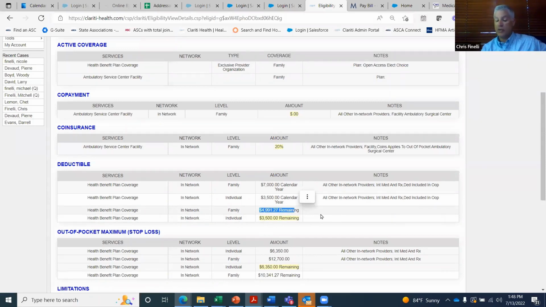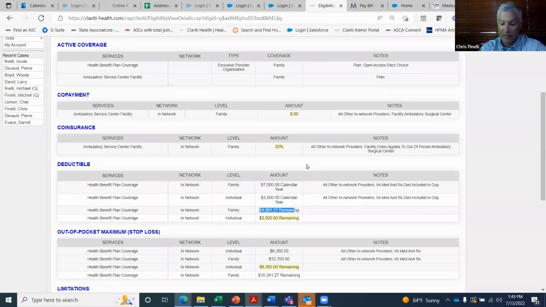But things may change over the course of the month, right? This case is scheduled for a month out. So we are going to automatically re-verify on the first of every month, because we get customers who tell us all the time that they scheduled the case on the 13th, and on the 1st, they had 7, 8, 10, 15 patients who no longer had active coverage. Prior to Clariti, we would have just gone ahead and performed those cases, and we wouldn't have been reimbursed on any of them. The other scenario that happens is that patients' deductibles change over time too.